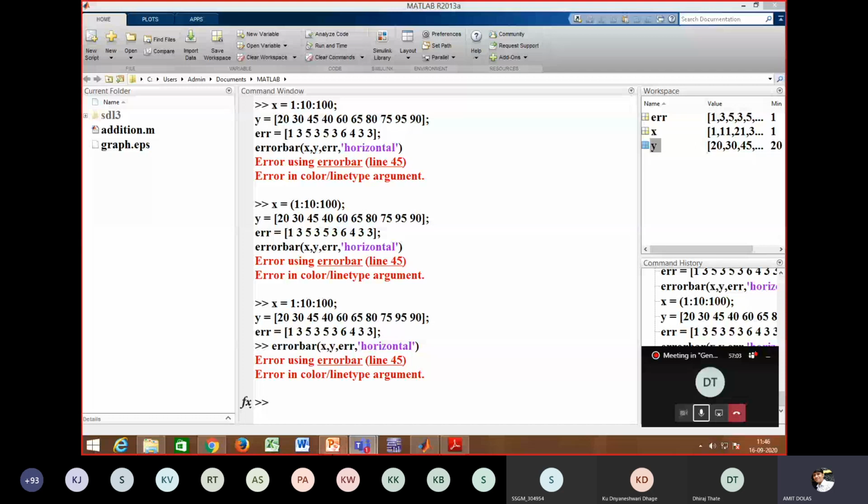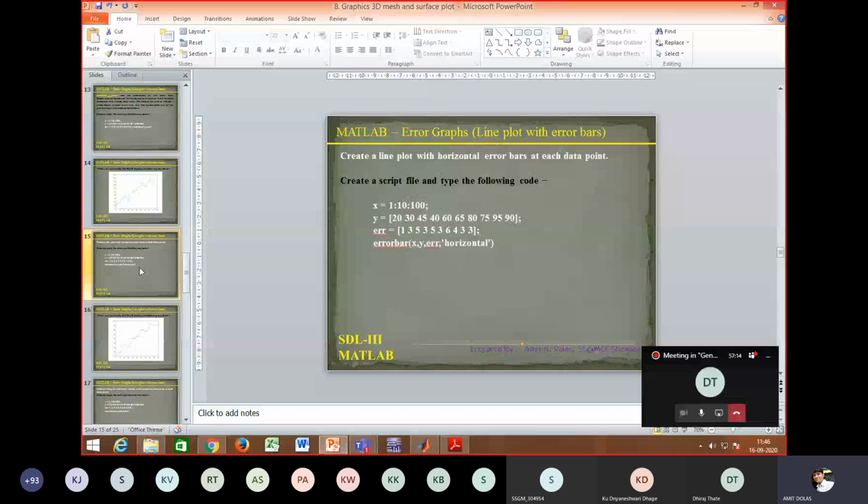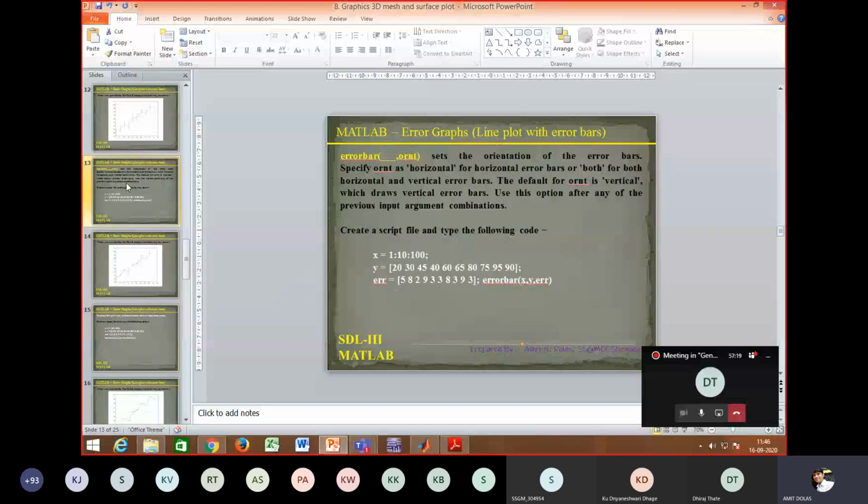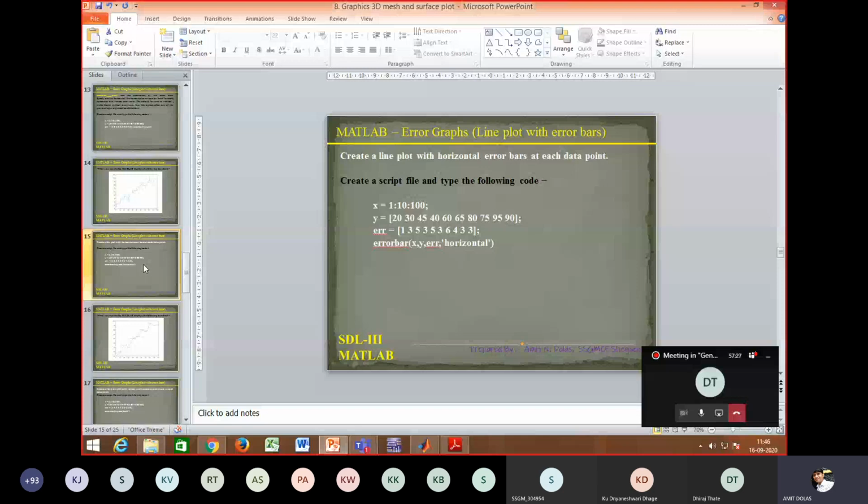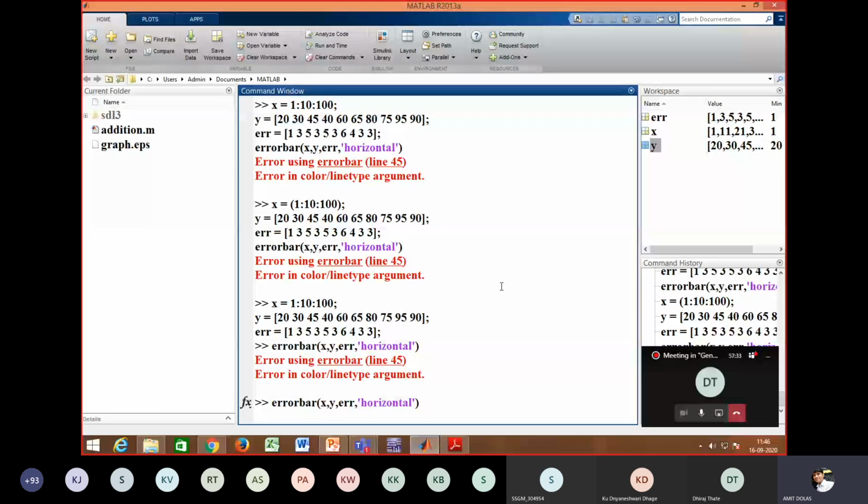It's showing an error. Let's see what the error is. Yes, can anybody detect the error?